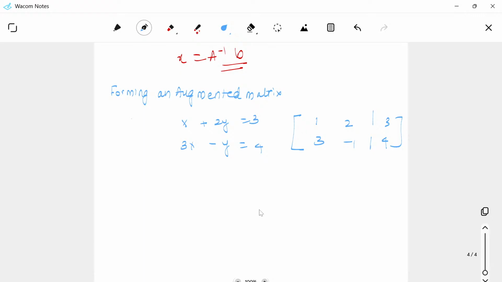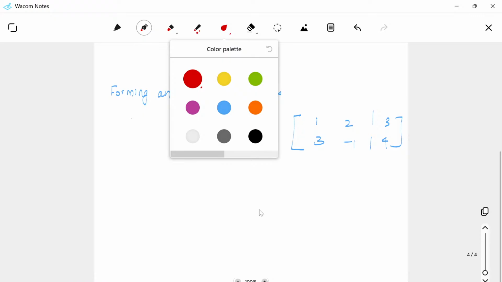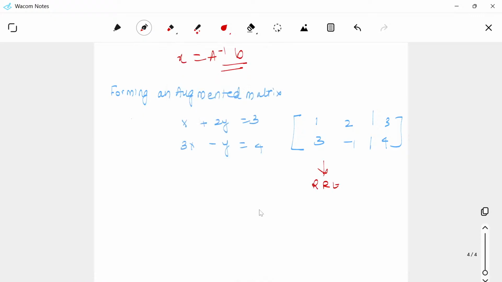The same thing, if you want to convert it into RREF, if this is converted into RREF, you can